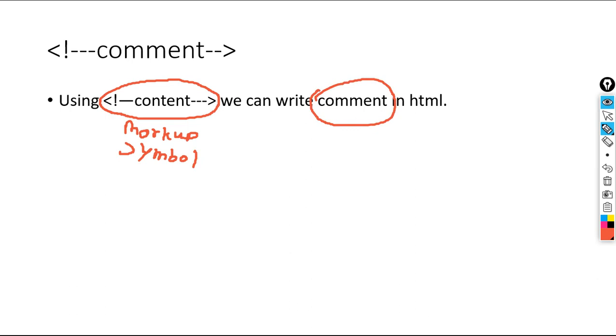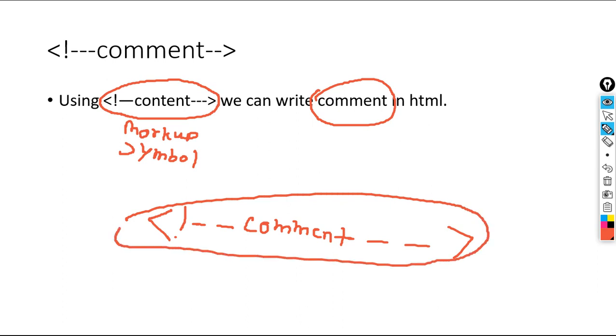What is that symbol? See here: angular opening, then an exclamation mark, dash, dash, then whatever the comment is, and then again dash, dash, and angular closing. So this is how we write a comment in HTML.